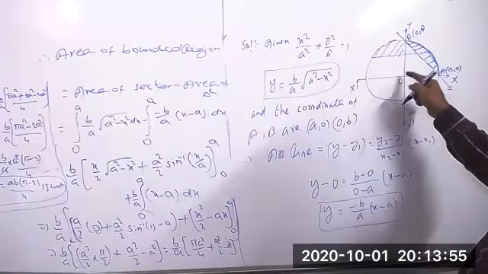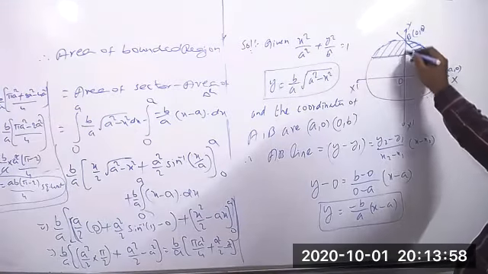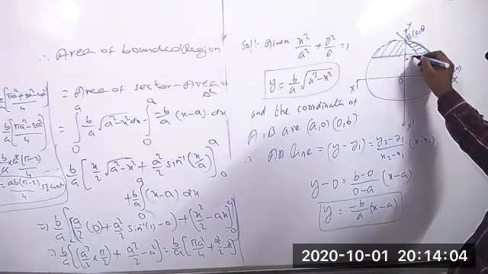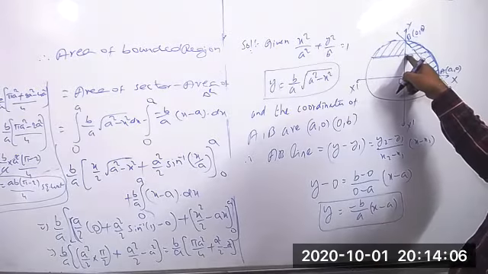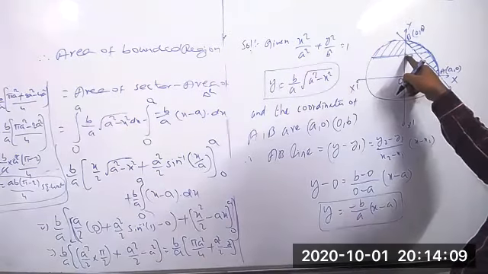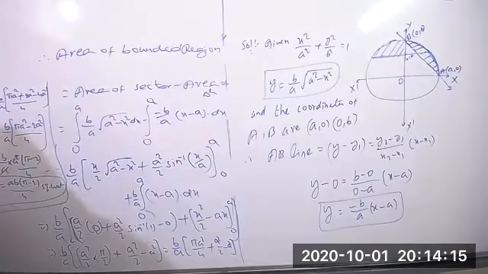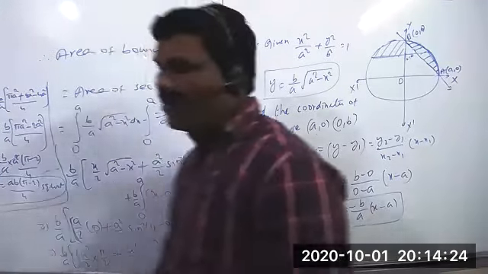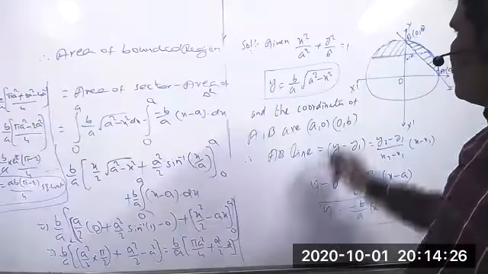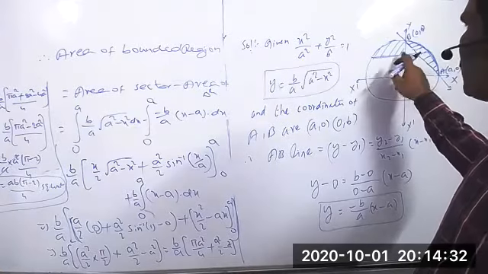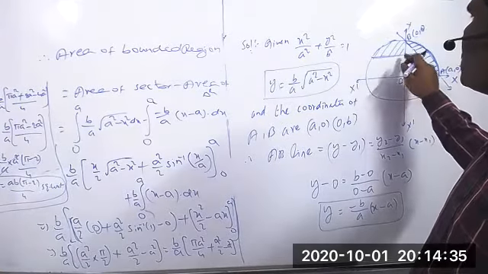Then what we have to do is first find the intersection point of these two; you will get the chord equation. In this case, the value of x is equal to how much? X equal to 0. The chord is parallel to the x-axis, so y equal to 0. Now this line is y equal to 0.